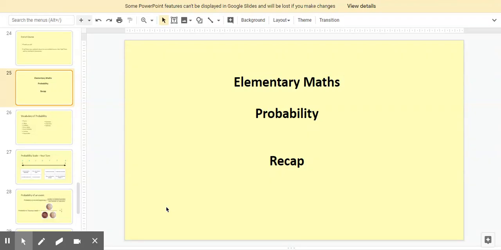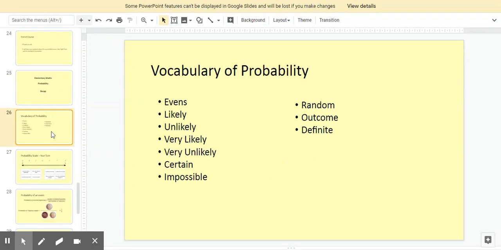Okay, so to recap our elementary maths lesson today on probability. The first thing we talked about was the vocabulary or the language of probability. These were some of the terms that we talked about. Evens, this was a 50-50 chance. So like flipping a coin, it's either going to be heads or tails, and both of them have the equal